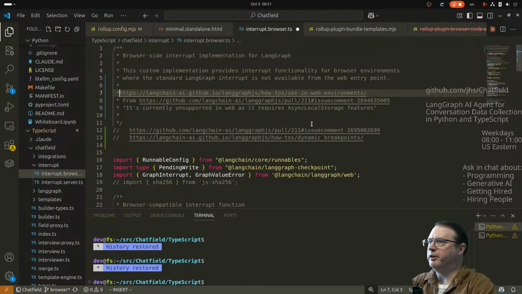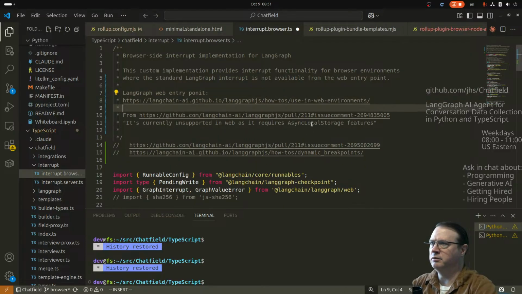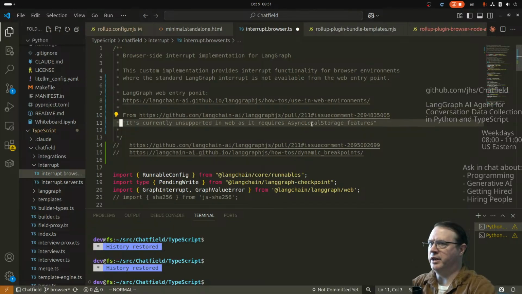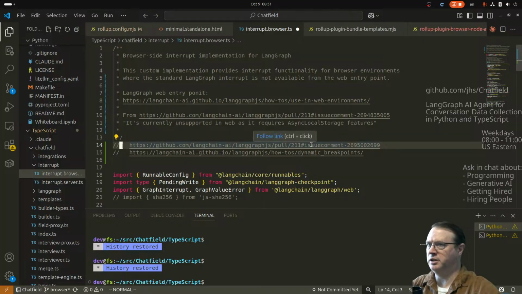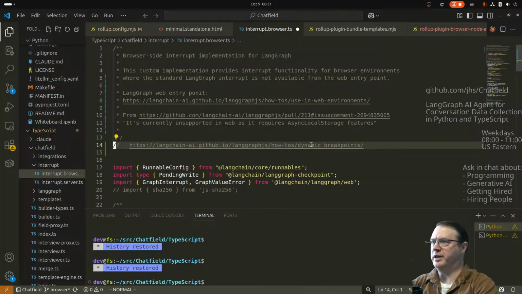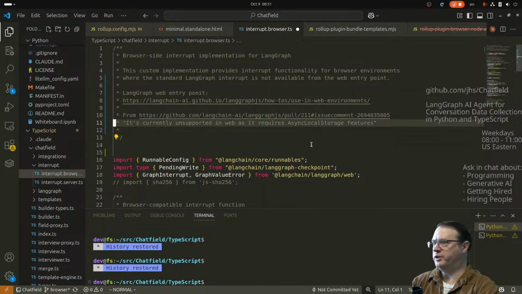Come here. Like that. And then the pull request I linked to, wait, what? Oh yeah, 211. Yes, yes, yes. So I linked to that. And then the point is